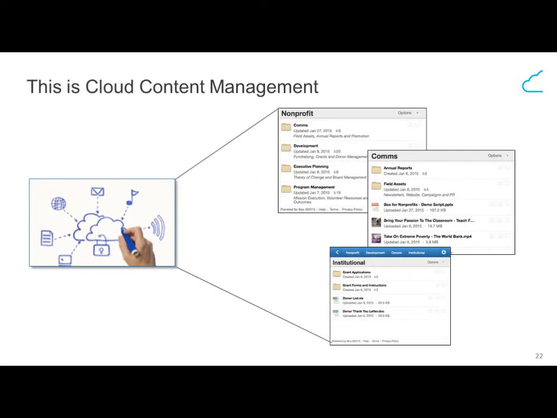Fortunately, there are great services now in the marketplace that are allowing us to centralize, as the graphic on the left side of this visual portrays, in one place. So now our content can live and be securely housed in one central repository that can be accessed by any device by internal and external collaborators on a controlled basis.